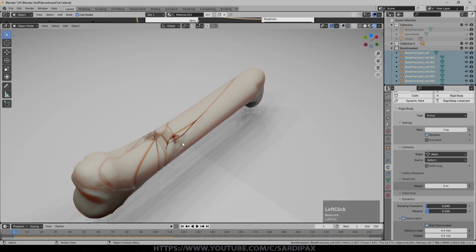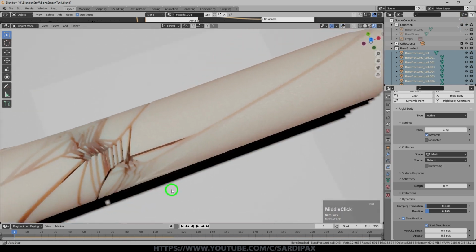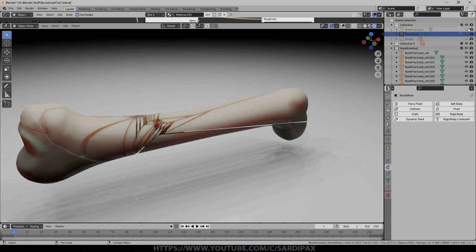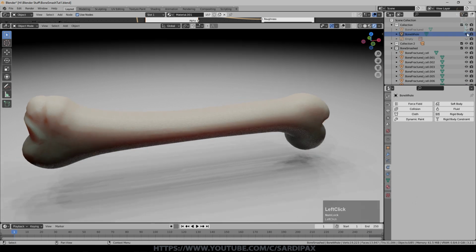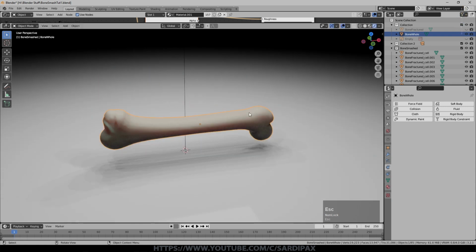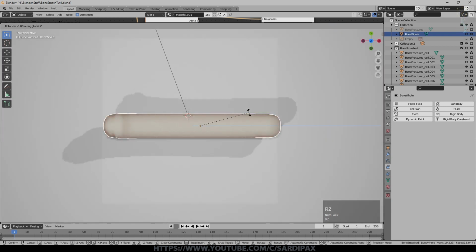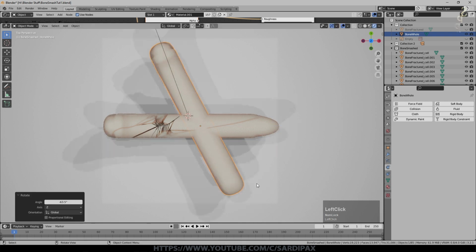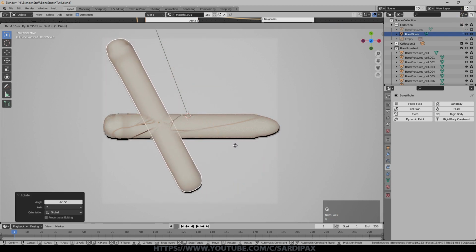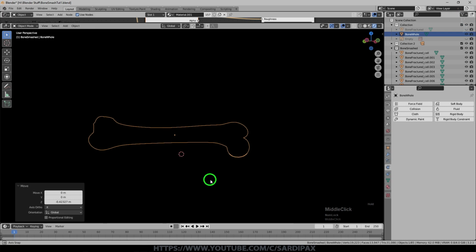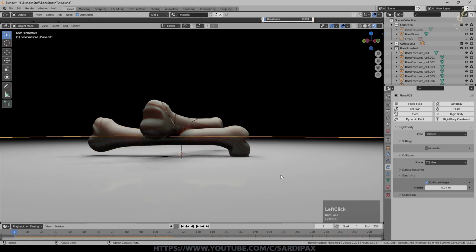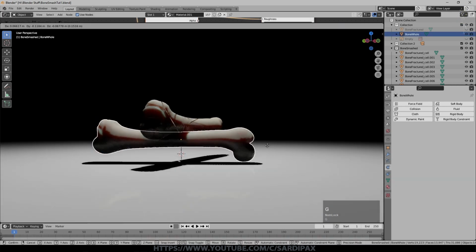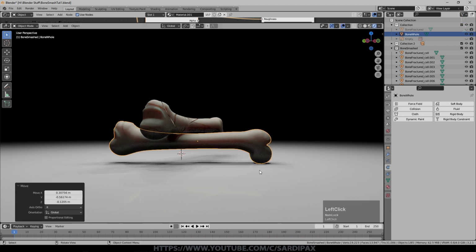If I turn that off, you can see there are all our pieces of bone. We've still got our original bone there, and we've got a whole bone as well. So I'm just going to take that whole bone and take that off now. But while it's here, I'm just going to rotate on the Z, something like that, and maybe put it there. So this is where I want roughly this bone. I'm just going to lower the floor a little bit to get to. This is the one that's going to do the smashing. Perhaps we'll rotate that one on the Z 180.